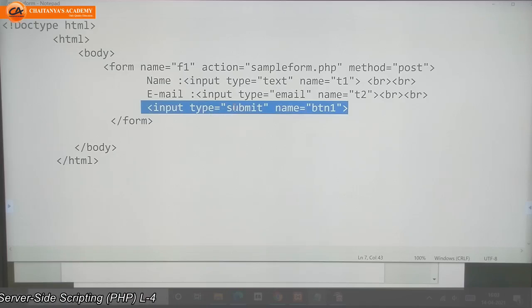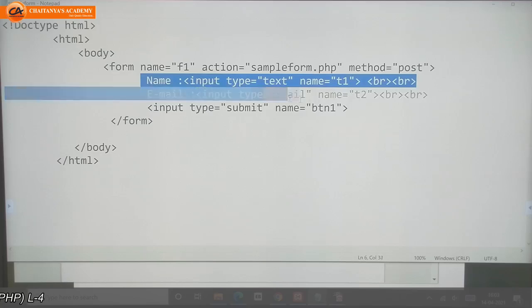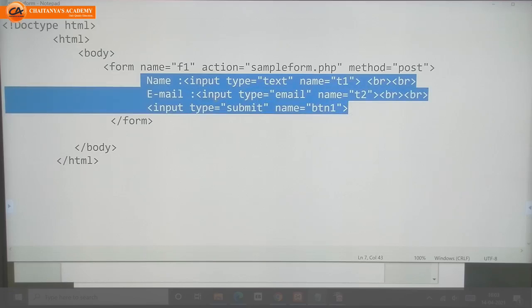So I am going to provide one submit button. For all three of these form elements, I took the input tag. The next attribute is type. To enter the name, I am going to give type equal to text, so it will give me one text box. The name of that text box, this value, whatever we want, we can provide.